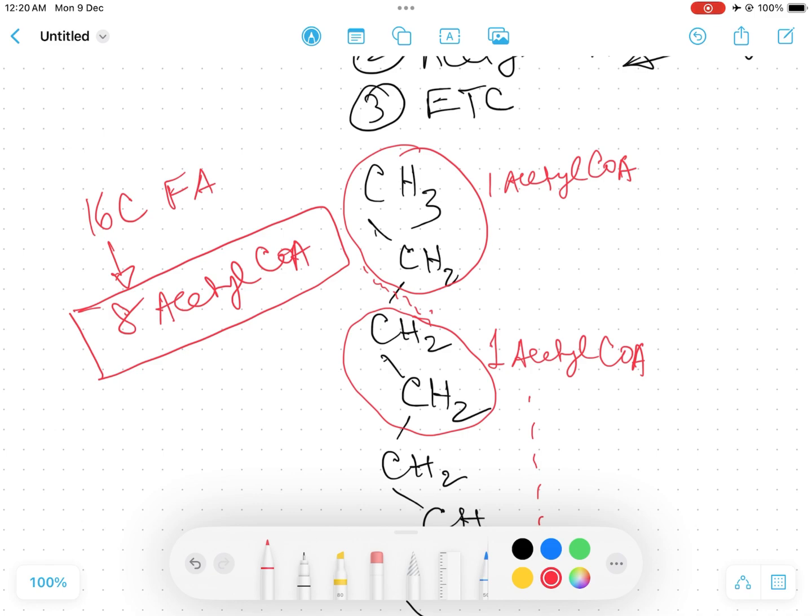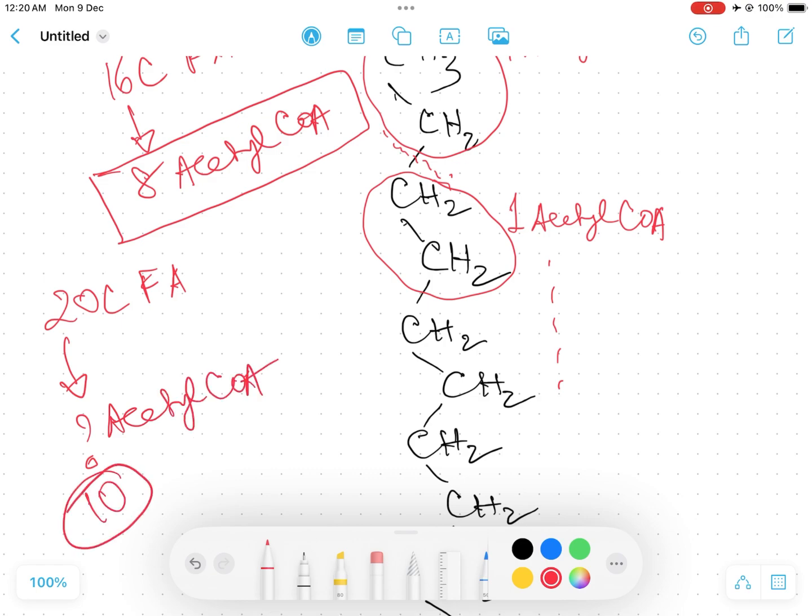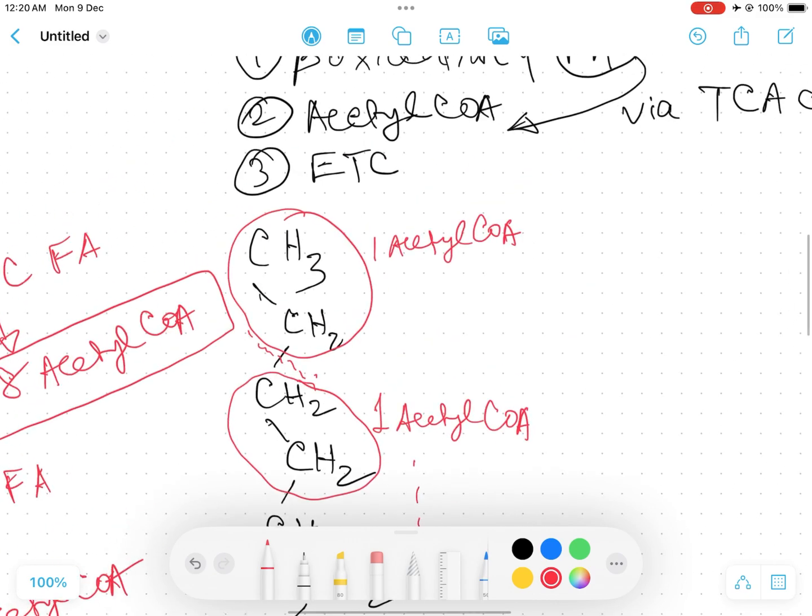This is a very important question which comes in almost all competitive exams. They give you a carbon chain. Suppose you have a 20 carbon chain fatty acid, how many molecules of acetyl CoA will be formed? The answer will be, you just divide it by 2, so the answer will be 10 molecules. So from the fatty acids, successive 2 carbon units are removed in the form of acetyl CoA,